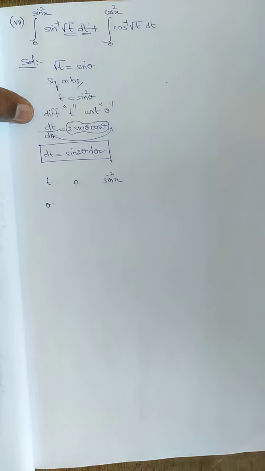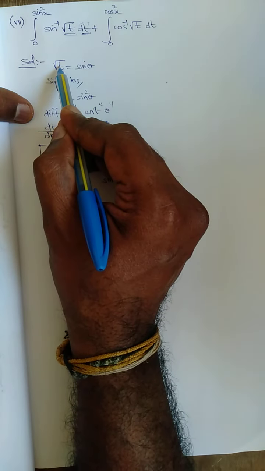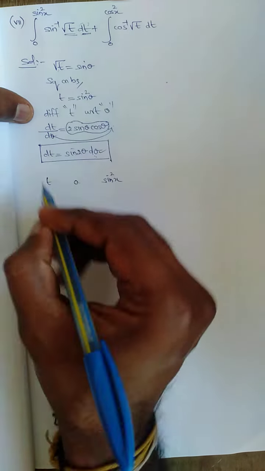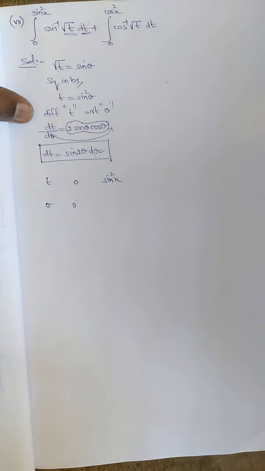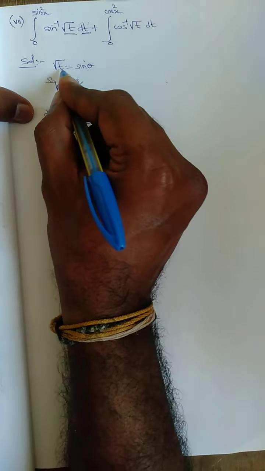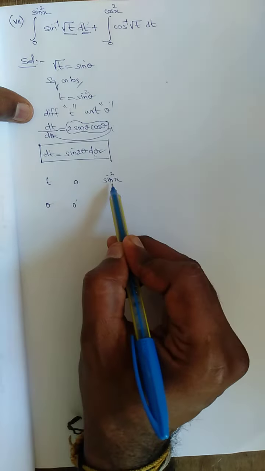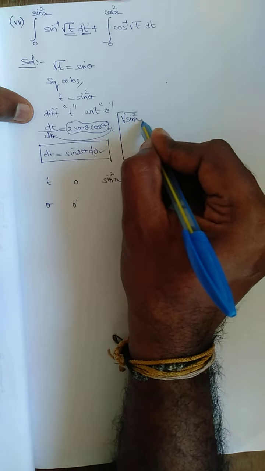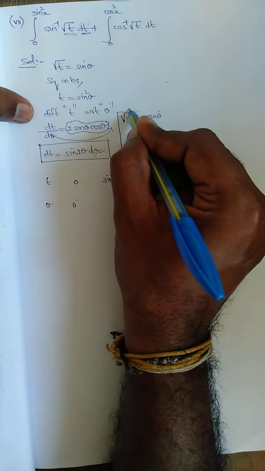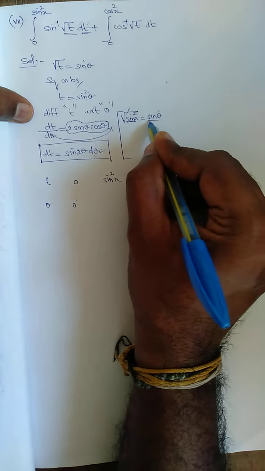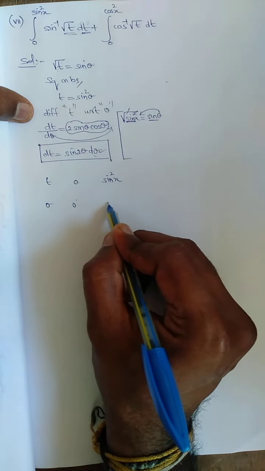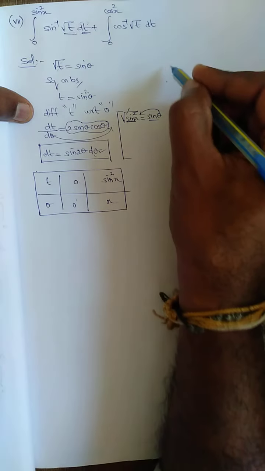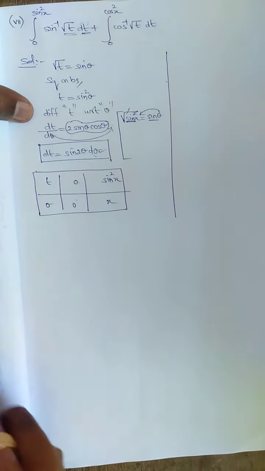So if t equals 0, put t equal to 0, sin theta is equal to 0. When sin is 0, theta is 0 degree. Next, put sin square x in place of t. The square root of sin square x is equal to sin theta. Square and square root get cancelled, sin and sin also get cancelled. Therefore, theta is equal to x. This is the limit we have done. It's an easy limit. We have finished one side. Next, the same will be done for the other side too.